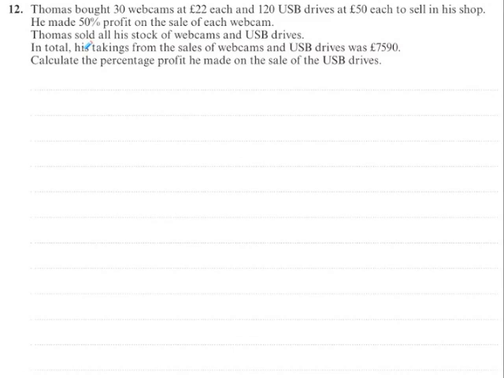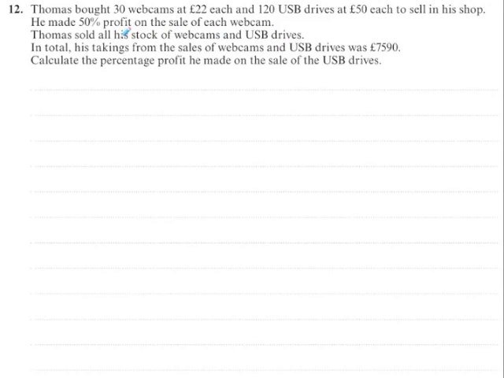So first of all, it says calculate the percentage profit he made on the sale of the USB drives. To work out that, we need to find out how much he sold the USB drives for. And to work out that, we need to find out